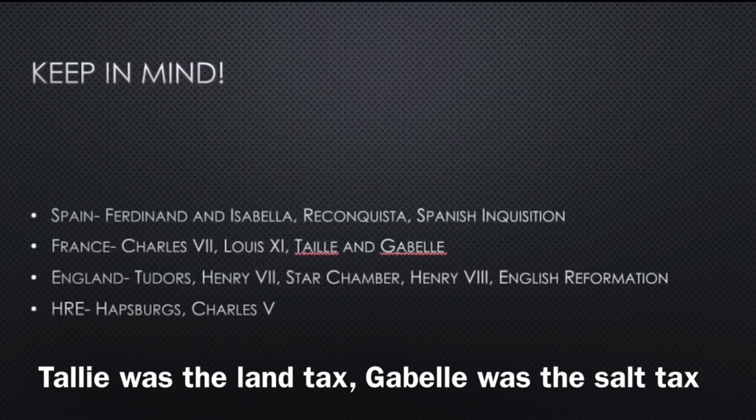Then we go to the Holy Roman Empire. The Holy Roman Empire is a loose confederation, I guess you could say, with a single emperor. And the one we're going to talk about is Charles V. He was arguably the strongest Holy Roman Emperor. He controlled both Spain and the Holy Roman Empire, Habsburg lands, and he was a devout defender of the Catholic faith,